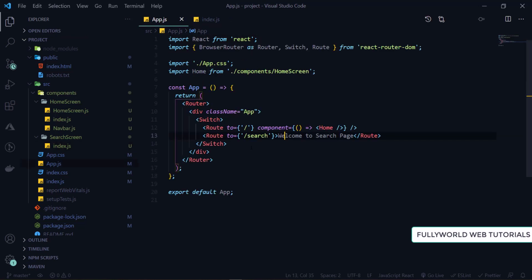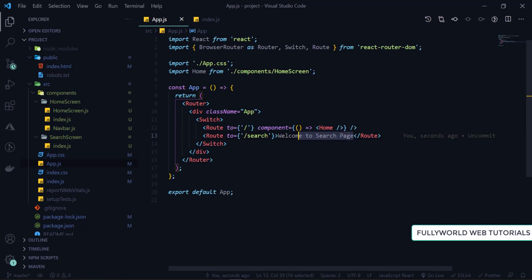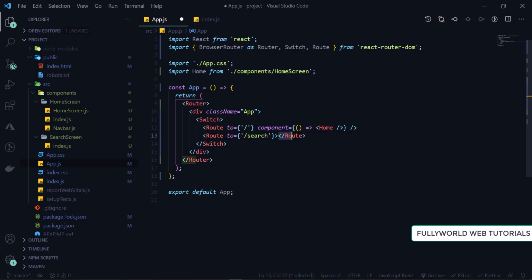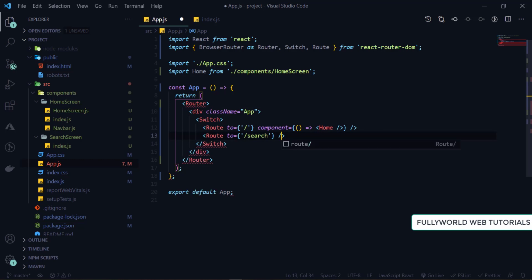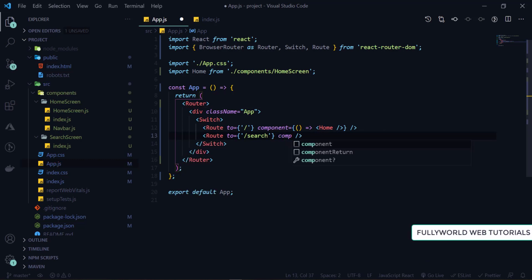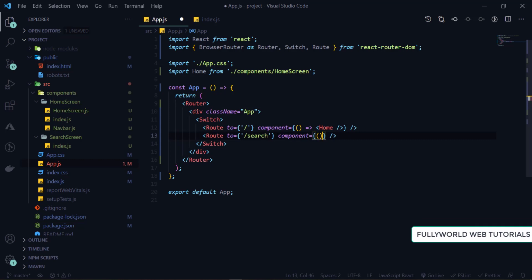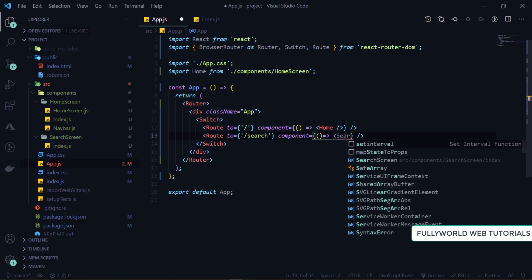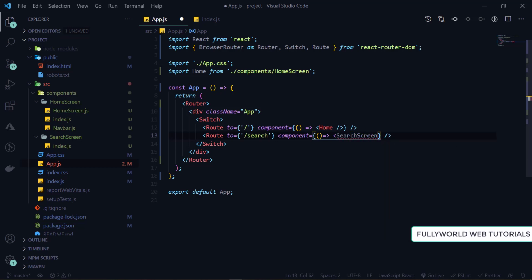So here I'm going to import this component. Same thing we are going to do. That is our component, and this will be our arrow function, and here we are going to render our SearchScreen component like this.